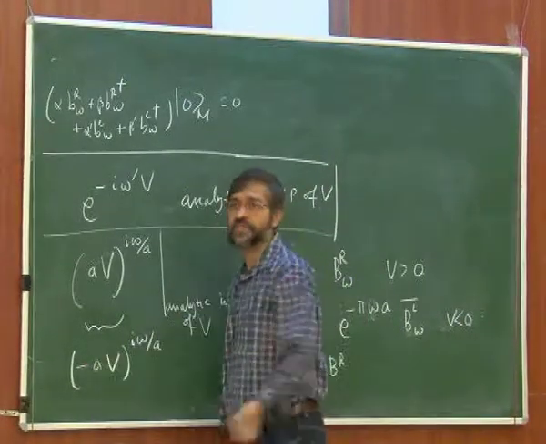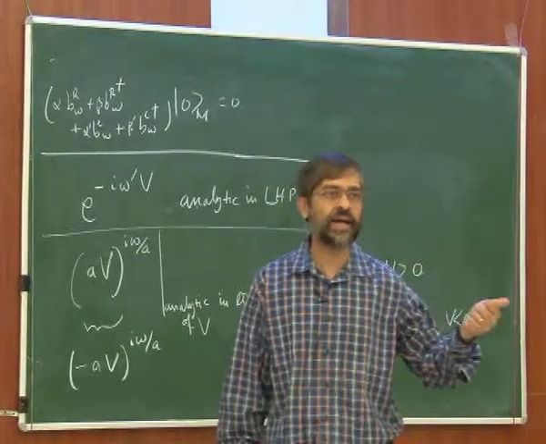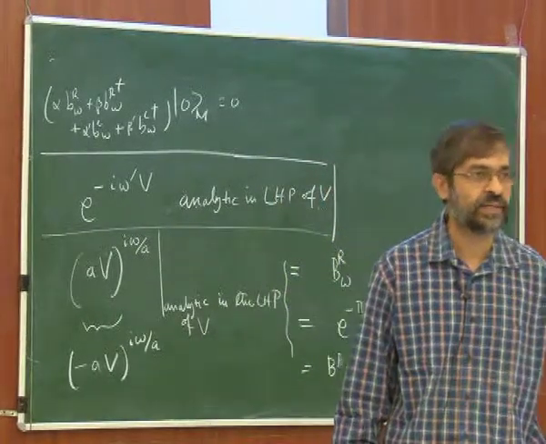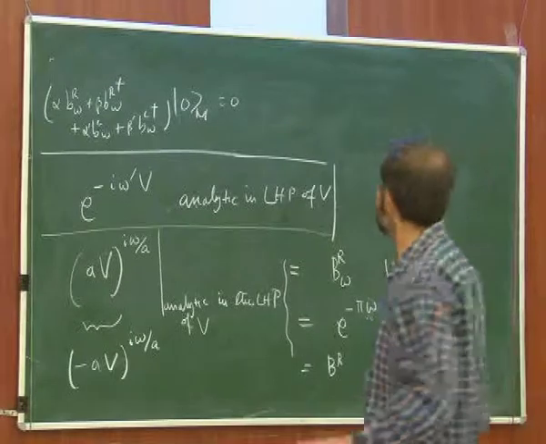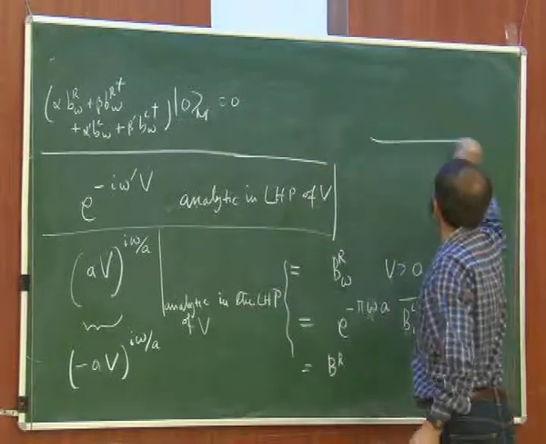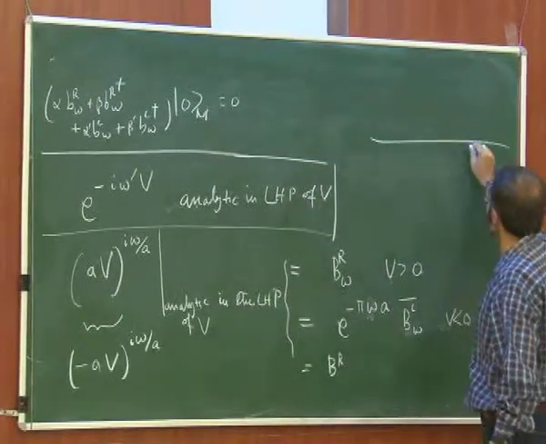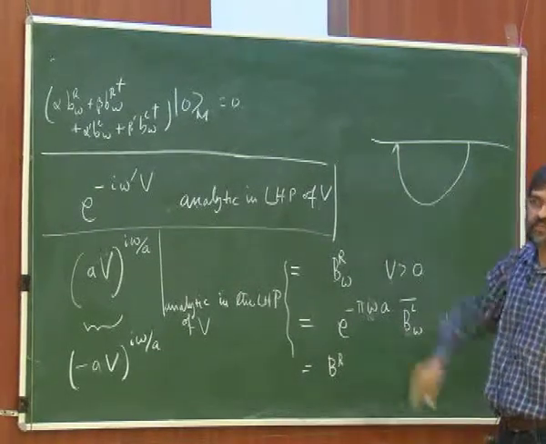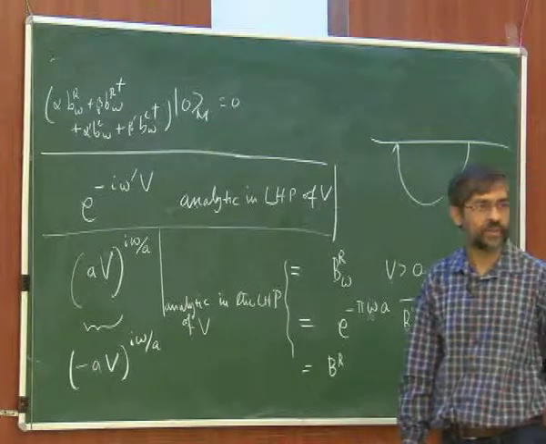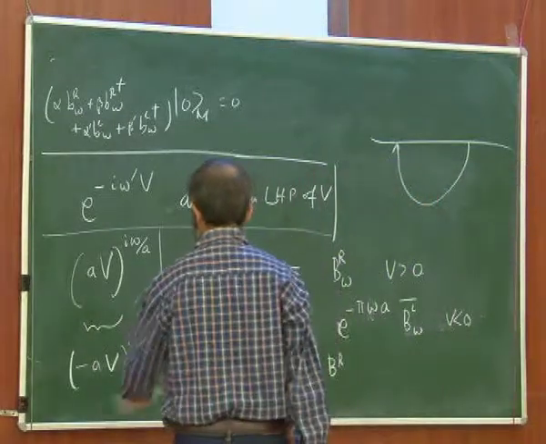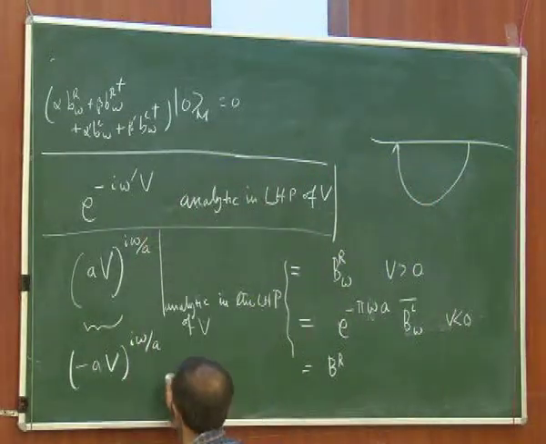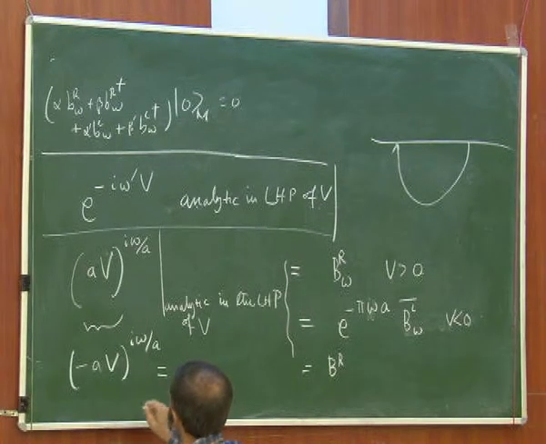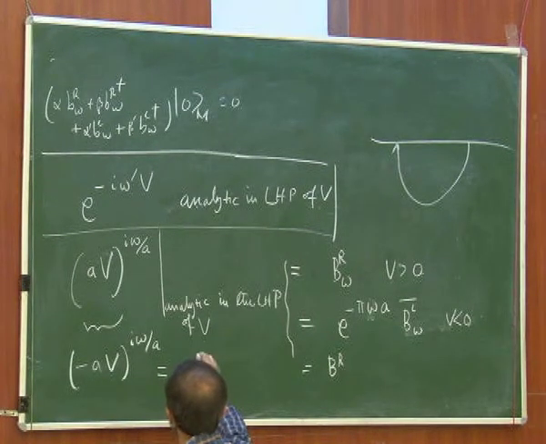Are you going to interpret minus as e to the power pi i or e to the power minus pi i? So if you want something to be analytic, think of going to minus like this. That's e to the power minus pi i. So once you do that, you will find that this object should be interpreted as e to the power